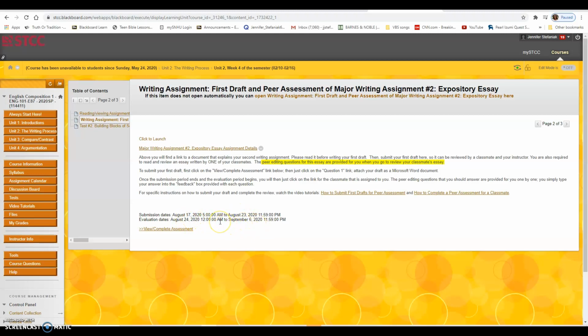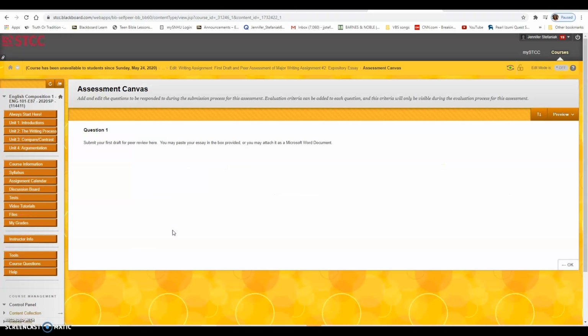So I am now able to go in and see my peer's essay. If I try to go in before this evaluation period begins, I won't have access. So to get to my peer's essay, I again go in through the same view/complete assessment link. And again, my view is going to be just slightly different from your view, but you're going to again hit question 1